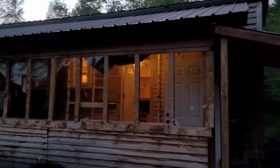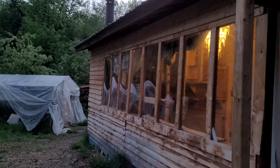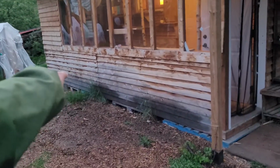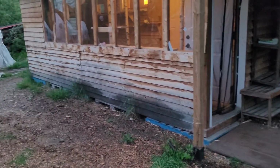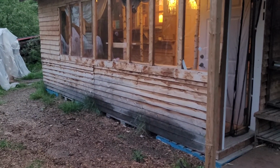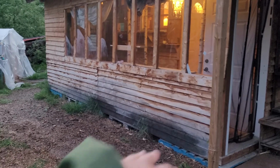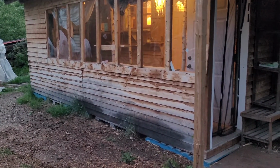So that's a veranda with the south facing windows, and it's just plexiglass. And when I did the insulation or the foundation, I did it on pallets because it was kind of a rush to get things going. But it's going to be lifted, and my friend that's continuing is going to put in cement blocks and redo